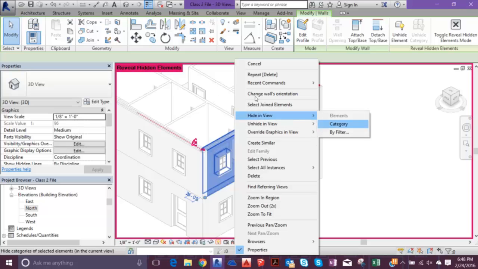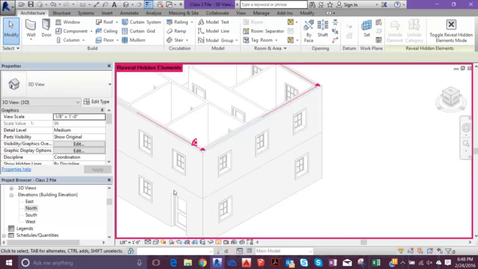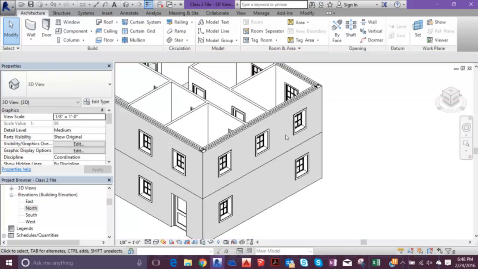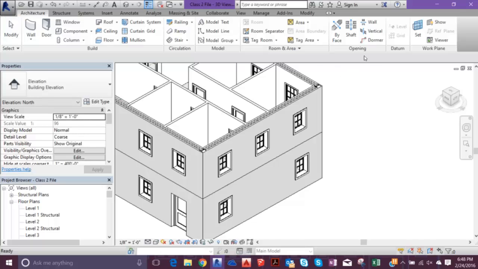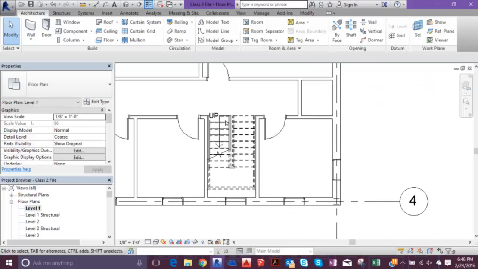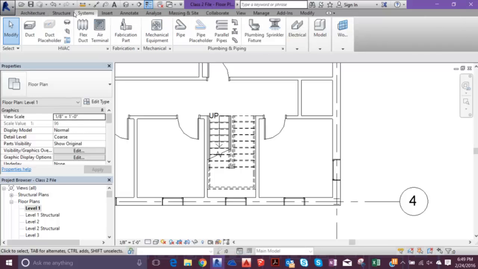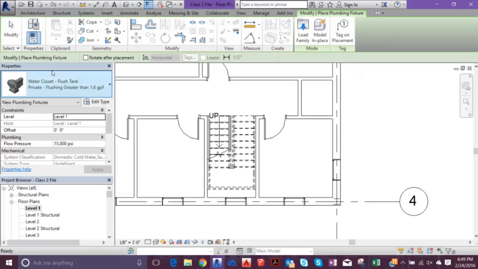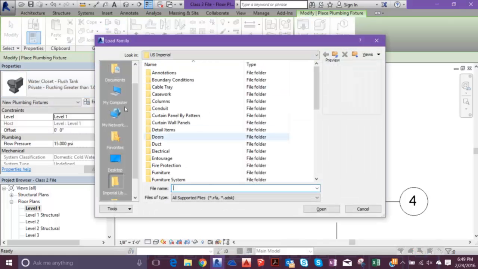Now, let's change to some mechanical, electrical, and plumbing work. So we're going to go back to level 1 floor plan, and say this is the bathroom. What we're going to do is go to our systems tab, and we can go to plumbing fixture. And if you don't have a plumbing fixture already loaded in there, we can go to load family, go to plumbing,